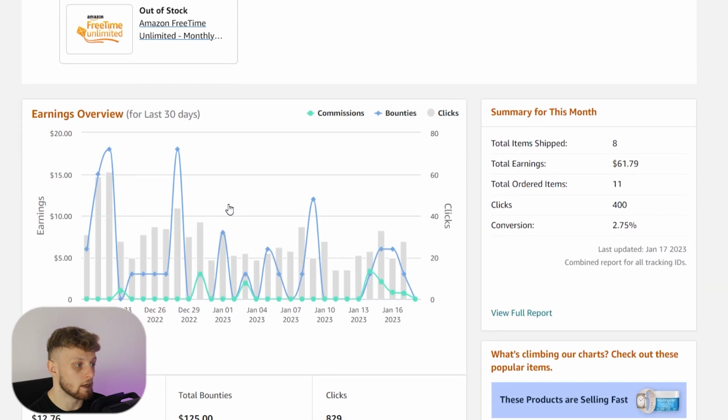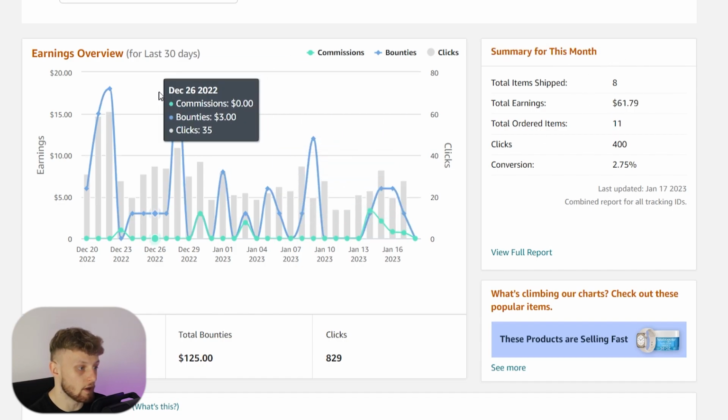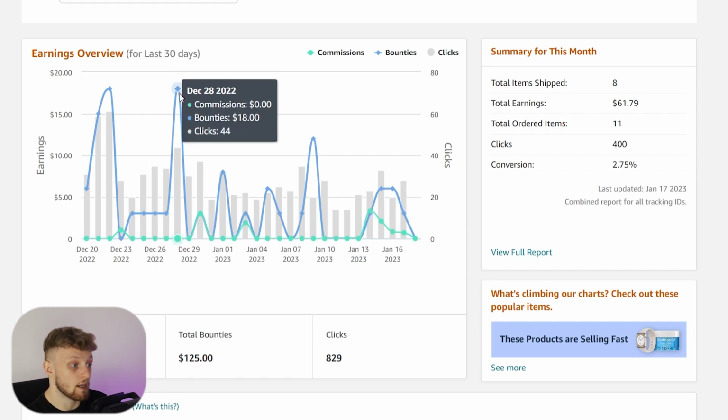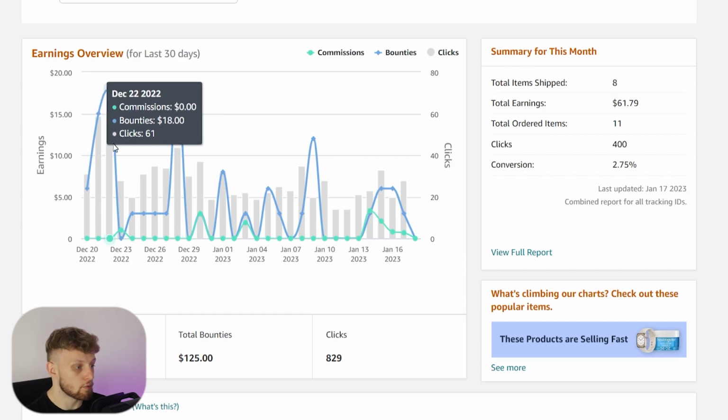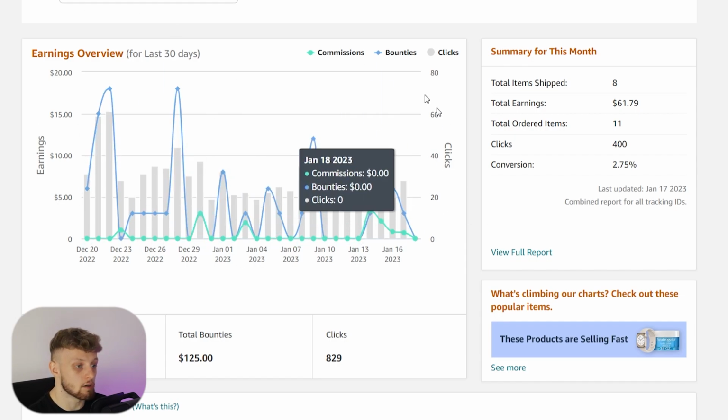So here we are on my Amazon Associates account. Now, if we scroll down here, you can see my earnings for the last 30 days and also for the last month here. I've earned $61 in the last month, and you can see this blue graph here is all commissions for bounties. So you can see on December the 28th, I earned $18 in bounties, and this is all for Amazon Prime trials. So I recommend Amazon Prime. People go ahead and take the trial, and I earn $3 every time someone does that. So the commissions are pretty decent. They come in quite randomly,